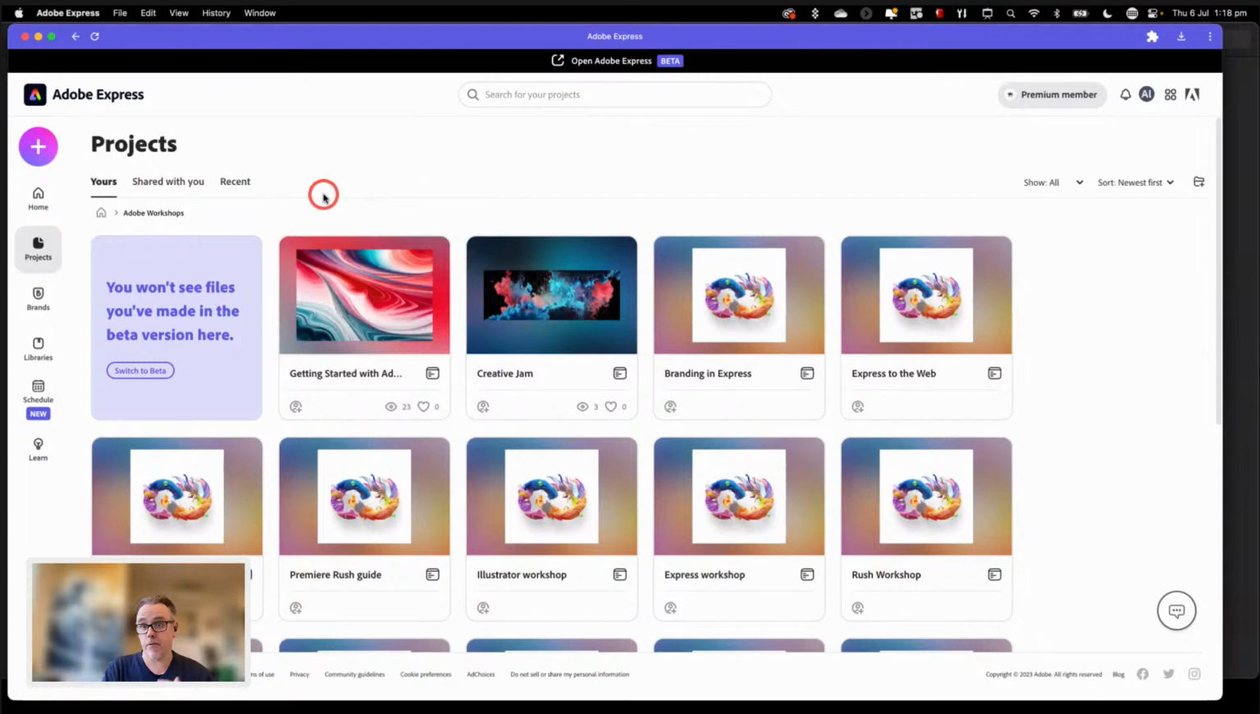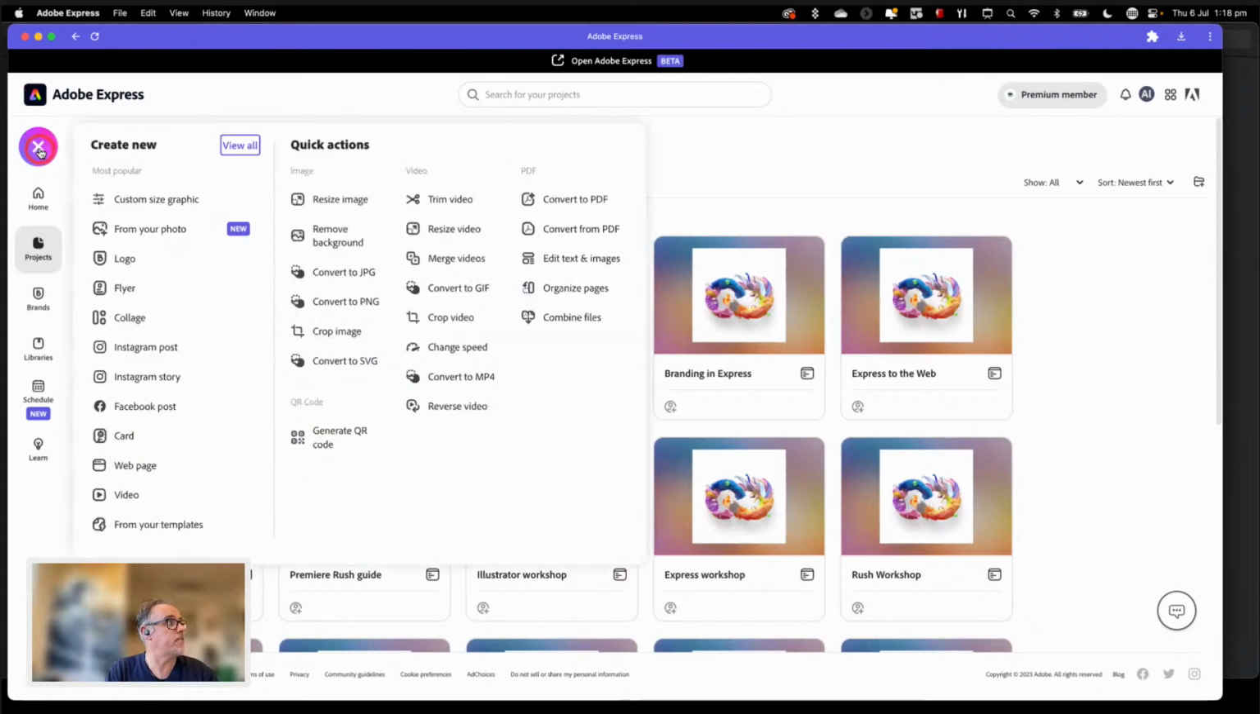So let's get started. We've got that headshot now. That's just saved directly into our downloads folder. I'm going to click on this little plus in the top left-hand corner. Here are all of the different projects that I can create, and here are all of the quick actions over on this side. So we're going to scroll down to about two-thirds of the way from the bottom